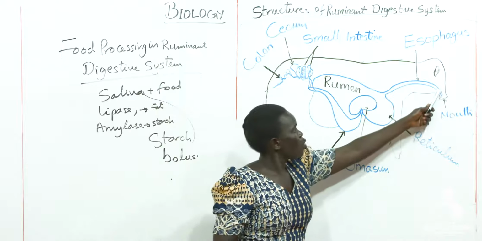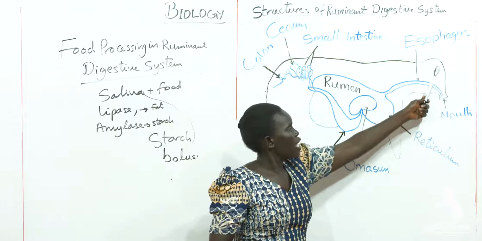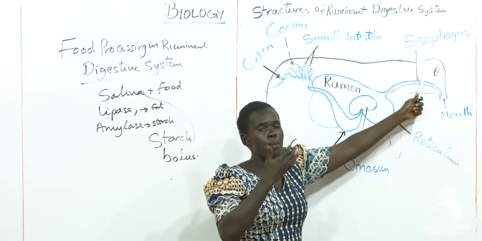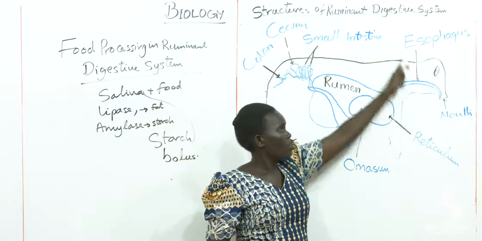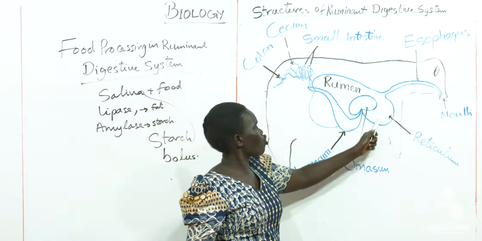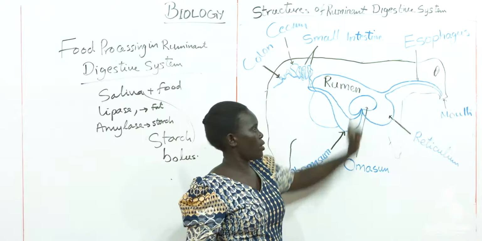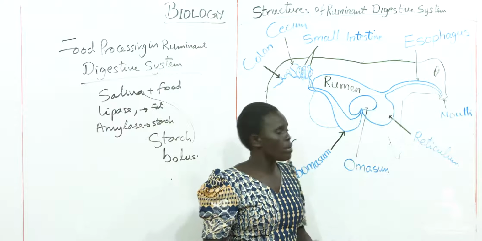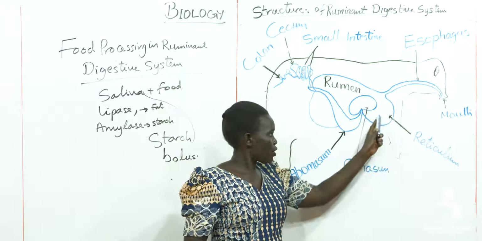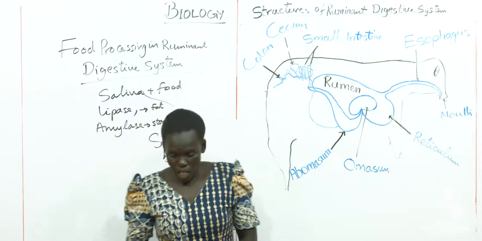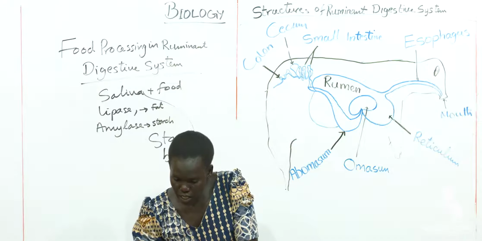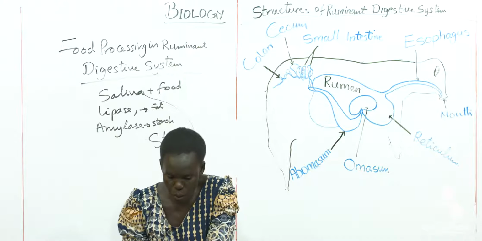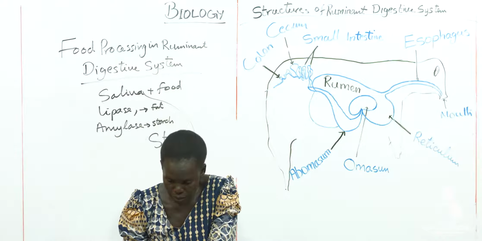Will be pushed by the tongue at the back of the mouth, then to reach what? Esophagus. From the esophagus coming into these two rooms of the stomach, reticulum and rumen. First is come here. So it allows the food to pass. The esophagus allows the food to reach there